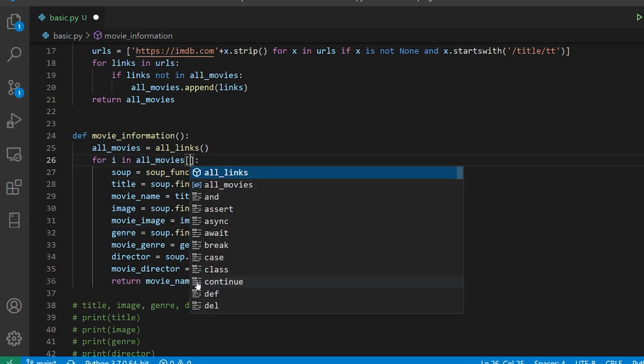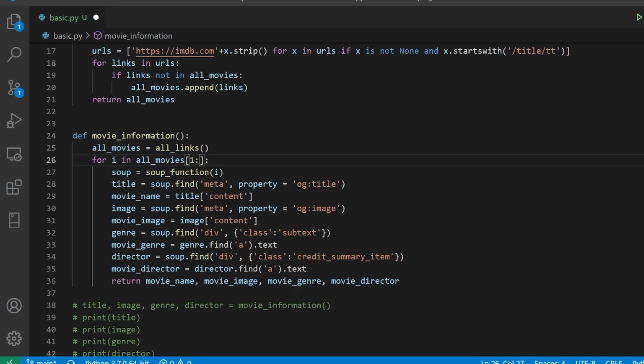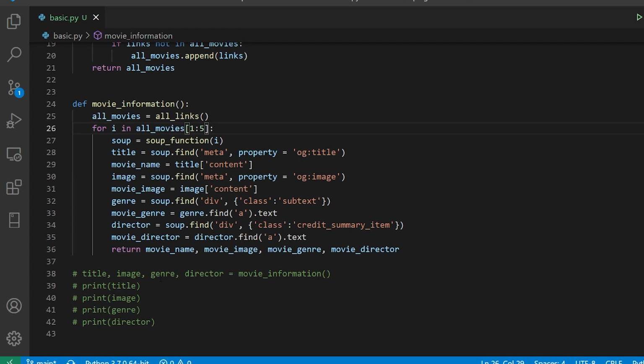So I'll just select it for, let's say, the first 5, because we have 250 values in that, and that is a very time consuming procedure. So the way we do it, what I'll do is I'm going to paste this entire thing in the form of data, and I'm going to return that data.